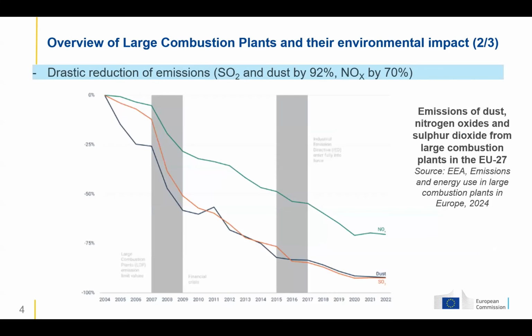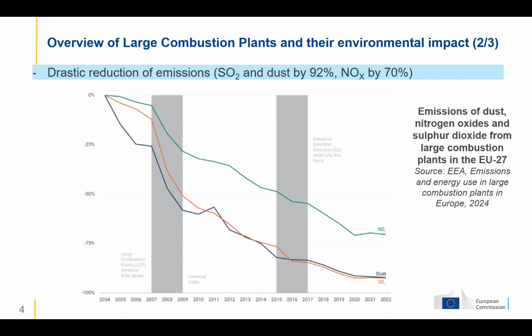Just two slides about this. The first slide is about the evolution of the emissions coming out from these large combustion plants in the European Union. In this graph, you can see that some main pollutants, namely sulfur dioxide, dust, and nitrogen oxide, are produced. Emissions are presented for dust and sulfur dioxide from large combustion plants, compared to the year